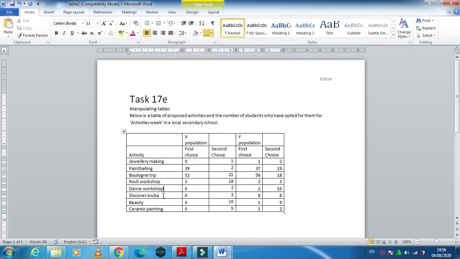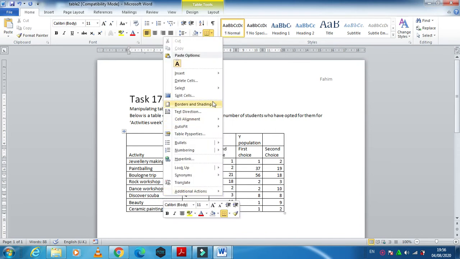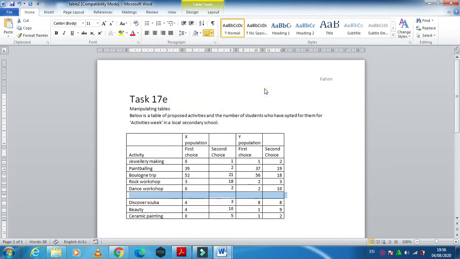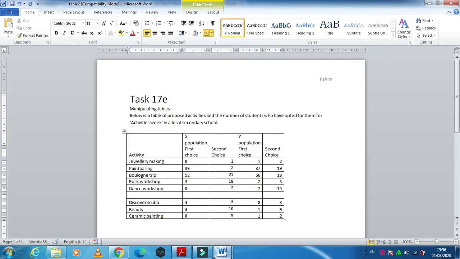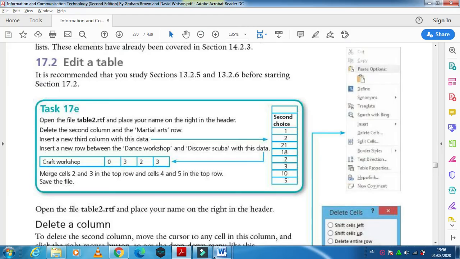If you click in this cell, then right click, insert row above. It is inserted, and you have to type here the information: craft workshop. Now the data is 0, then 3, 2, 3.